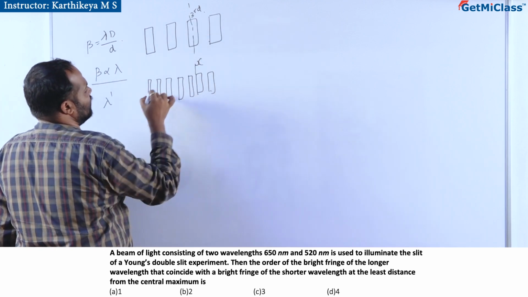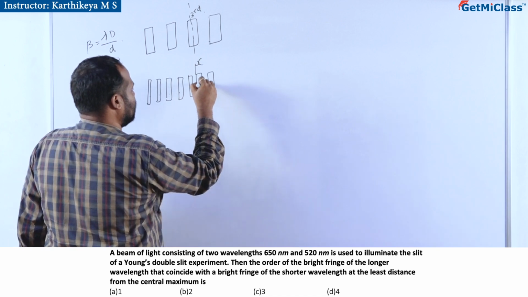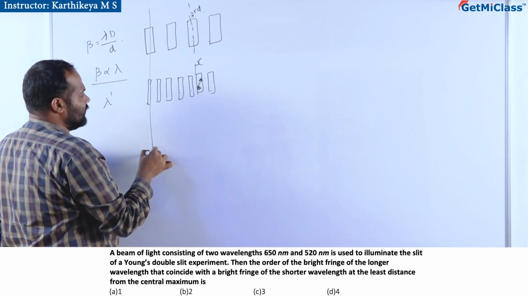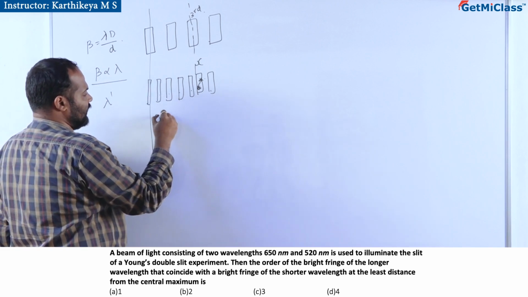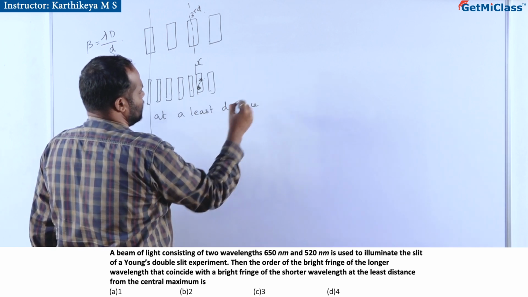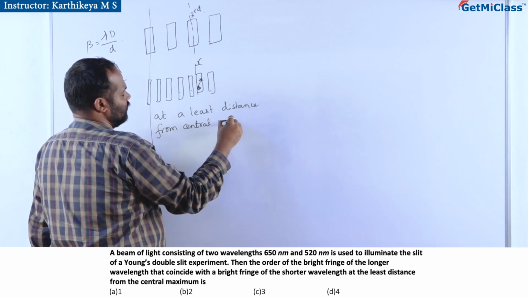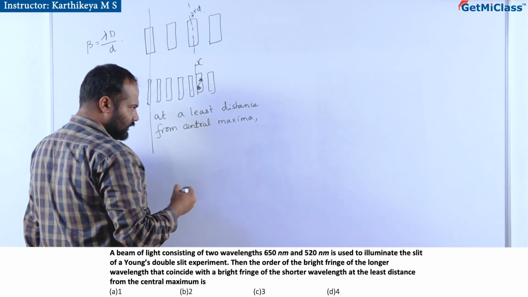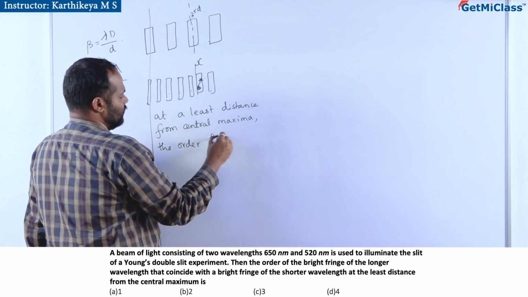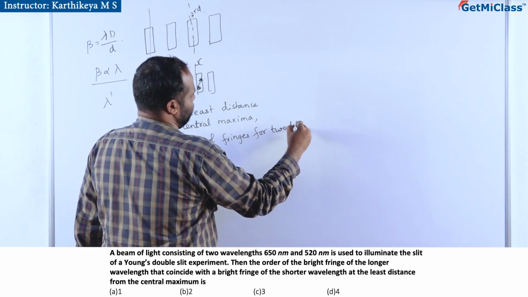Correct? If this is a third one, if you look at this with the smaller fringe, this happens to be, I think, the sixth one, in the same location. From the central maxima, at a least distance from central maxima, the order of the fringes for two different wavelengths